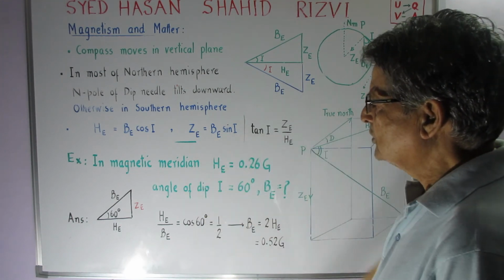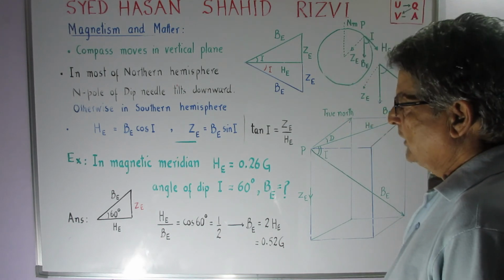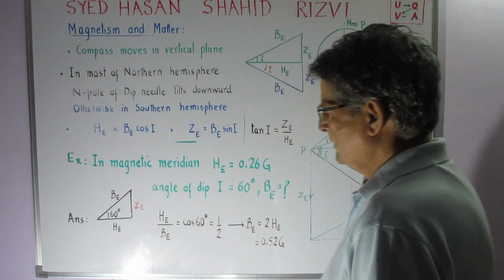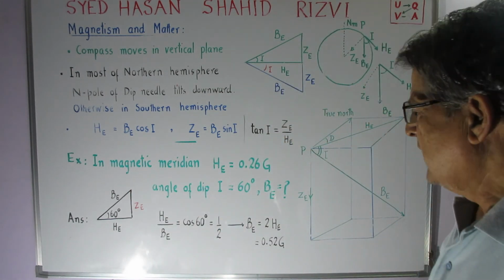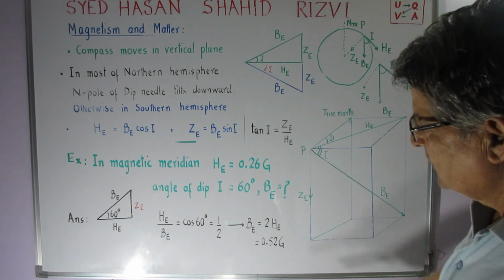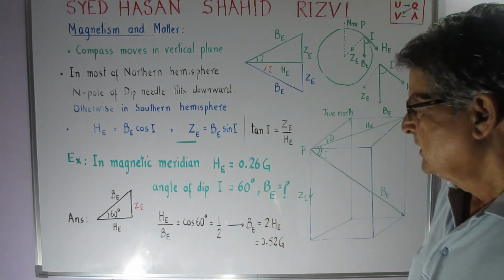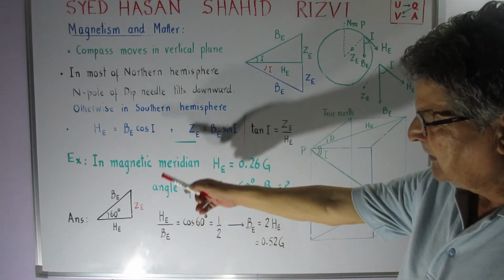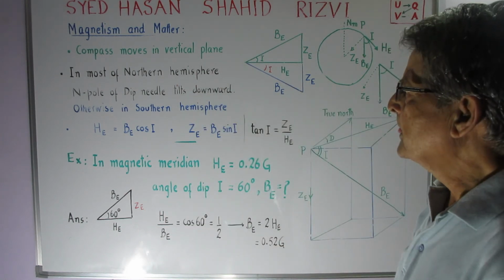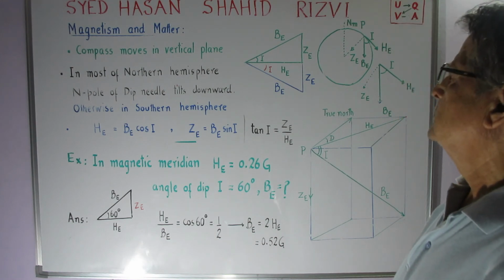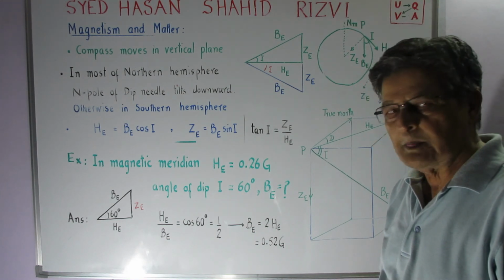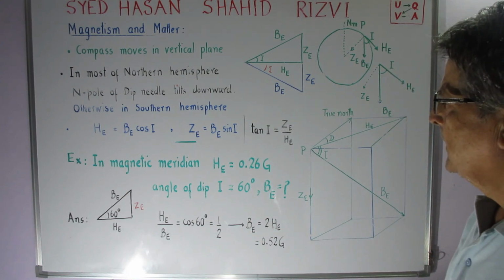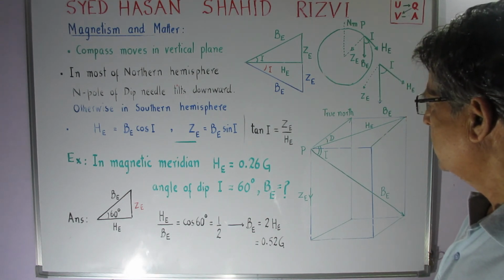They could also ask you what is the value of ZE. They could give us the value of ZE and ask the value of BE or HE, and the angle is known to us. So that way many questions can be generated and solved readily with the help of this triangle. So it has been good to discuss the Earth's magnetic field and other aspects associated with this. Okay, and